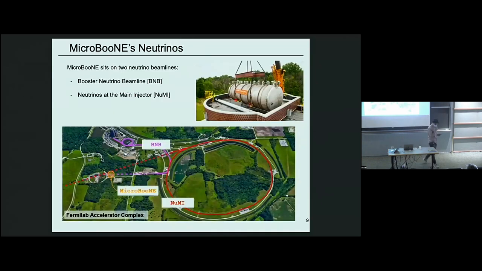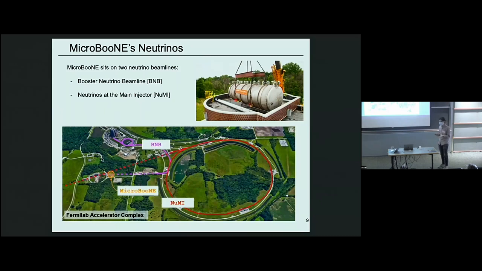So what I've gone through so far is getting a sense for what detector observables we can measure, why we can measure them well with this technology, and the fact that we've developed tools to really translate those images into proper measurements of kinematics. So let me spend a couple words saying where our neutrinos come from. This is an aerial view of the Fermilab Accelerator Complex. There's Wilson Hall there. The key takeaway is that MicroBooNE sits on two neutrino beams, both the booster neutrino beam